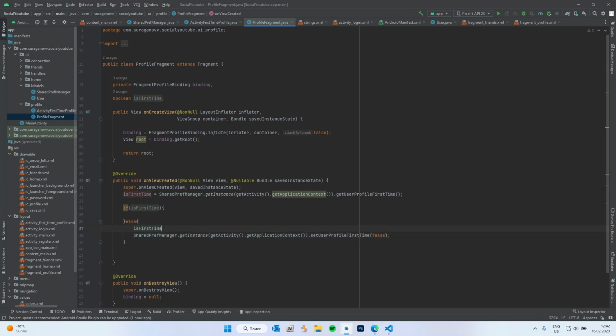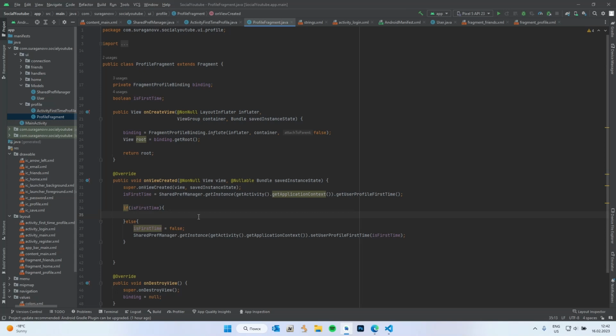We can say isFirstTime equals false, and here we'll type isFirstTime. Variable is already assigned to this value. No, it is true by default. It is not assigned to the value. So